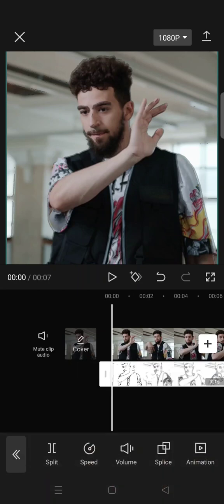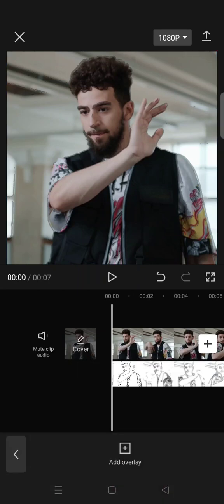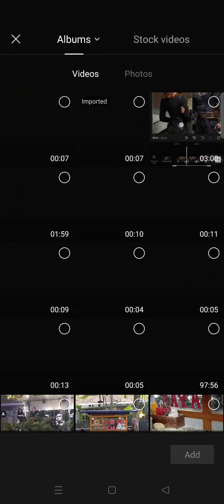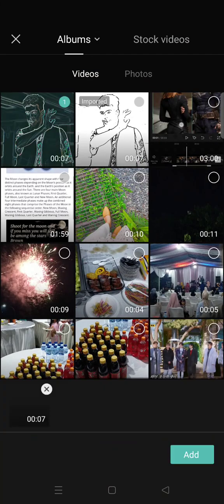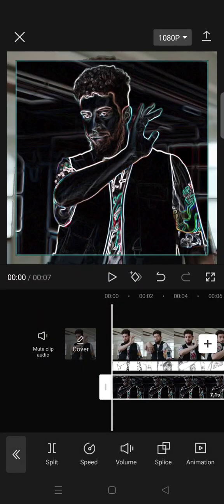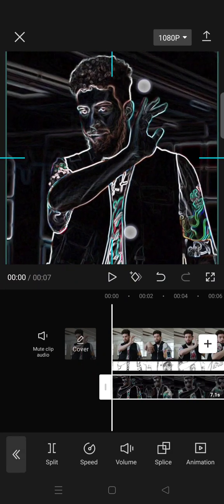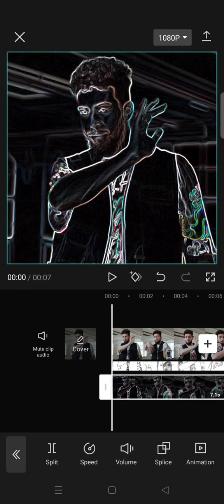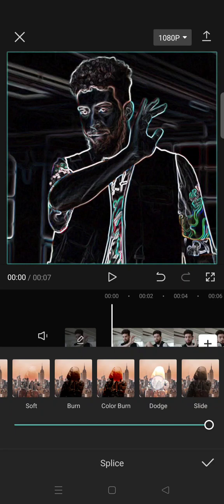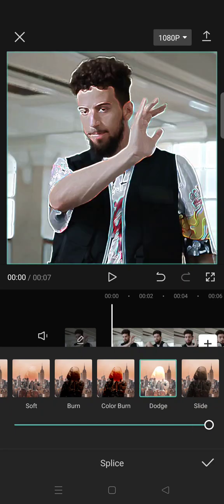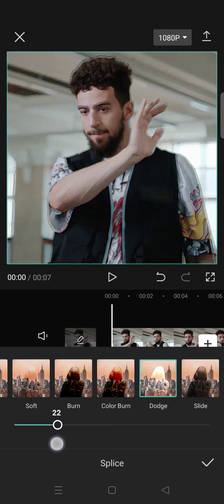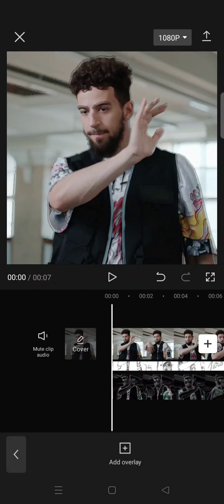Click on a check icon and then add another overlay, and now add the video with the neon effect, and now adjust the size again until it fits, and then go to splice, select dodge and set it to around 25, like so. Click on the check icon and then